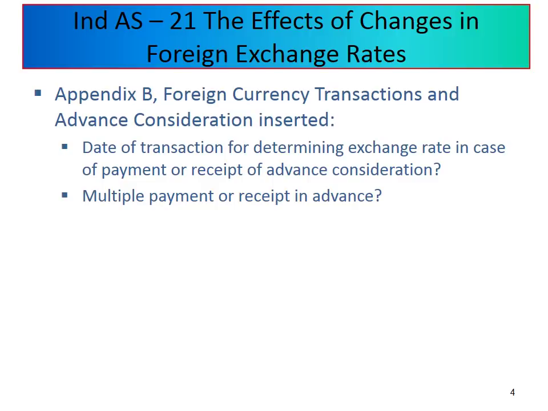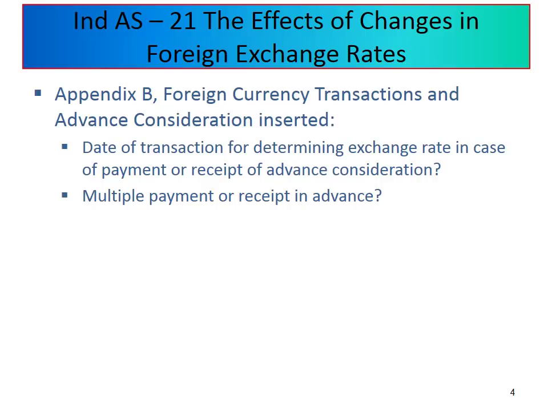This has been responded to by the amendment in Ind AS 21 with the help of two concepts. One, it is always mentioned as a one transaction approach versus multi-transaction approach. When the sale is made and the advance is received, the advance receipt and the dispatch of goods are both part of one requirement of sale. So when the advance is received and when the goods are dispatched, both are transaction dates for the purpose of recognition of revenue.